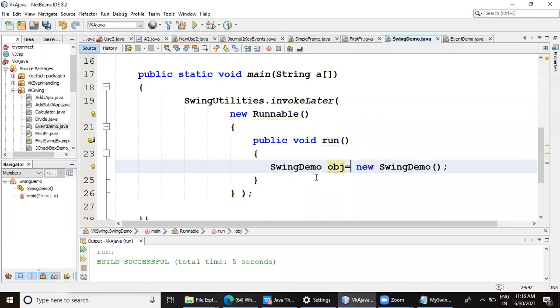Even if you do it like this, it is one and the same. When we type this complete line and it gets executed, memory is allocated to the created object, and that object construction happens through this constructor.